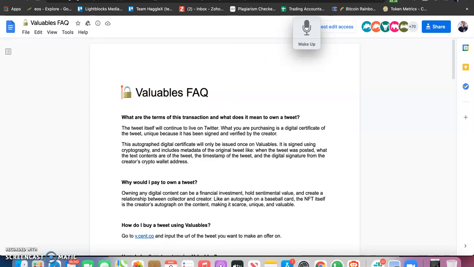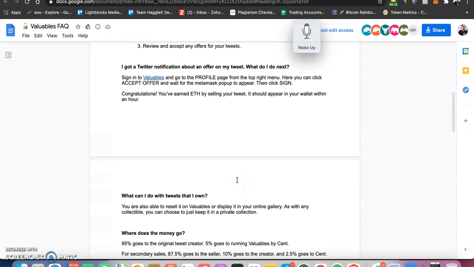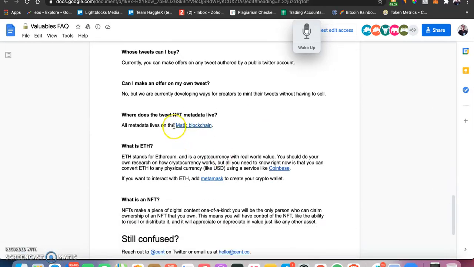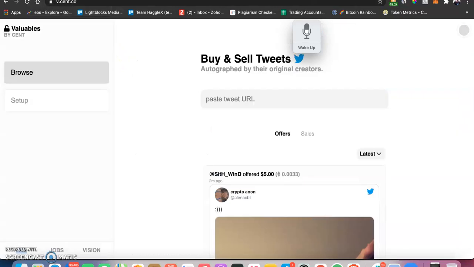All right, let's go back to the Cent. Where's the Cent? And also, I forgot to mention something valuable, because someone might ask, why are they using Matic? Why not Ethereum? Ethereum is super slow and expensive in fees, so that is why they are smart enough to put the metadata on the Matic blockchain, because Ethereum cannot hold a social network. Ethereum is pretty slow. All right, so this is what Cent looks like. It doesn't look too beautiful, but